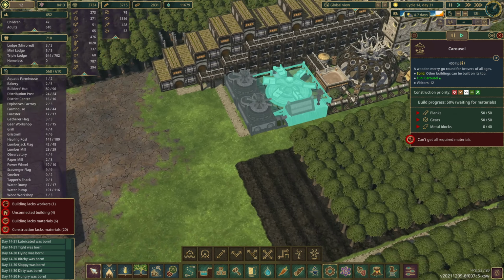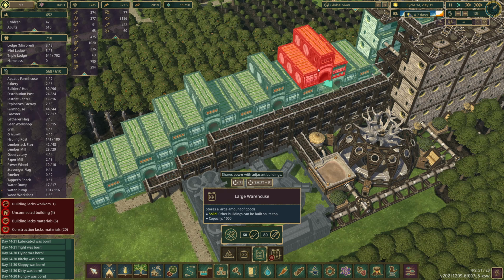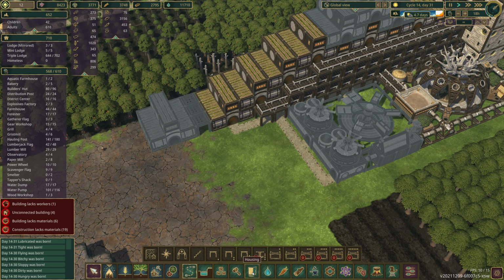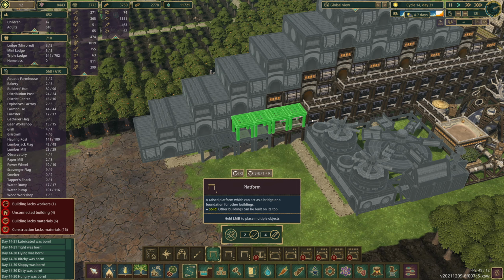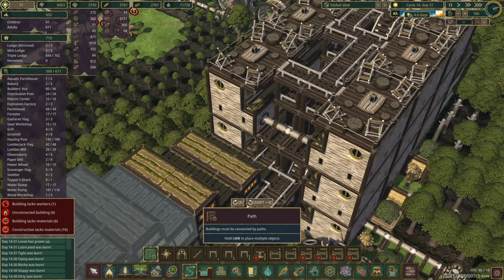We have still not finished the carousel because it requires metal blocks. So we need to do something about metal blocks this episode. At the same time, storage, we're about 5, 6, 7 warehouses short. So, whoop, there. So we're just going to add a few more warehouses. I will finish pathing on all these, I think, between episodes. Like, they're the easy ones. We can do those. As for the higher ones, it's going to require...